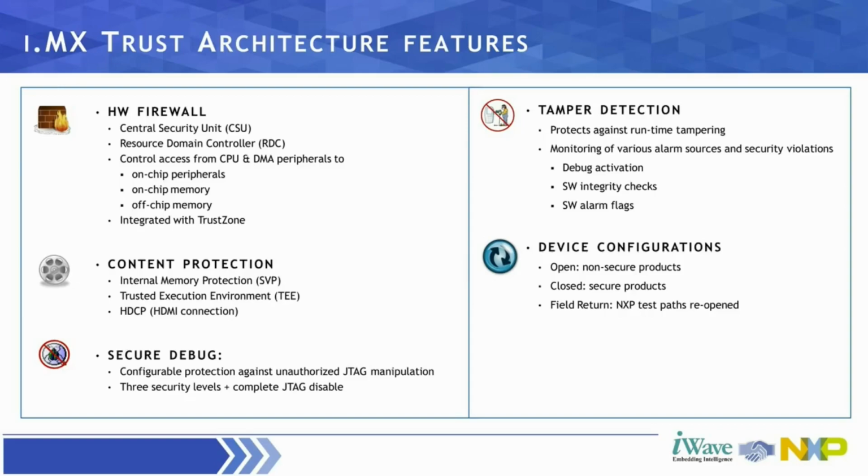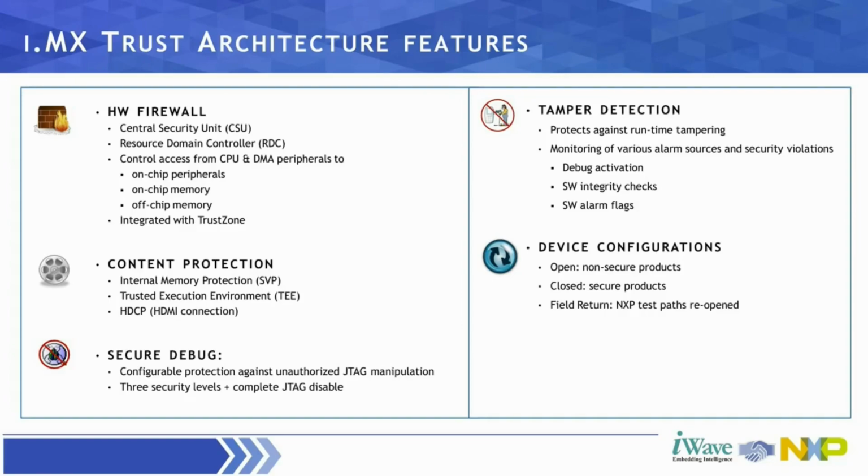We can also build a kind of hardware flow that is also isolated from the CPU. A good example is DRM with a secure video pipeline, where we could decrypt, decode, and display without intervention of the CPU through the RDC. Of course, we have content protection. This goes with HDCP support with HDMI, but we are also building applications like Widevine and PlayReady on top of the TEE.